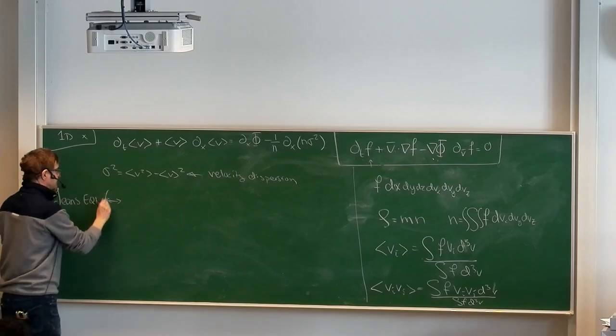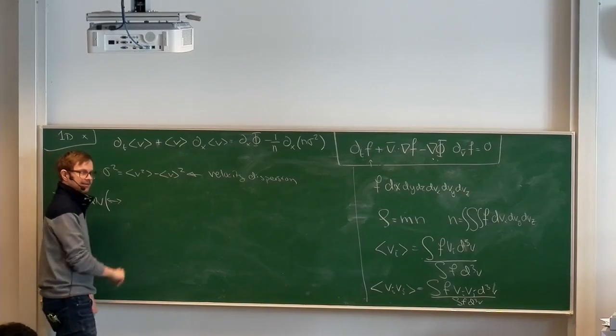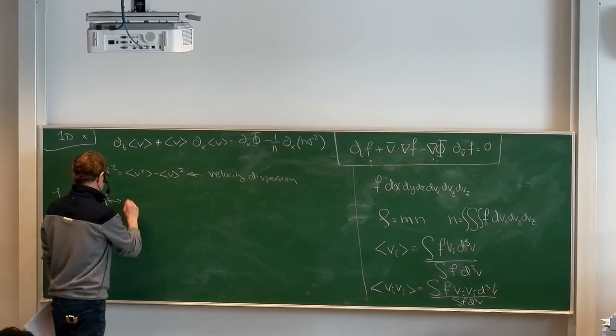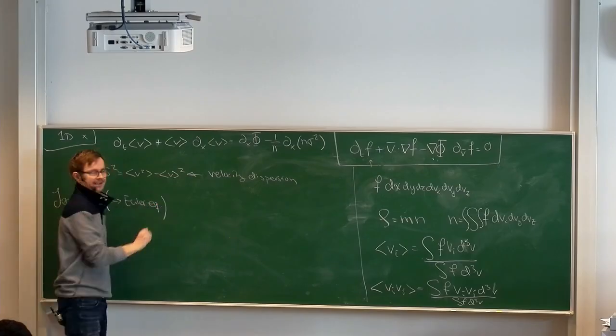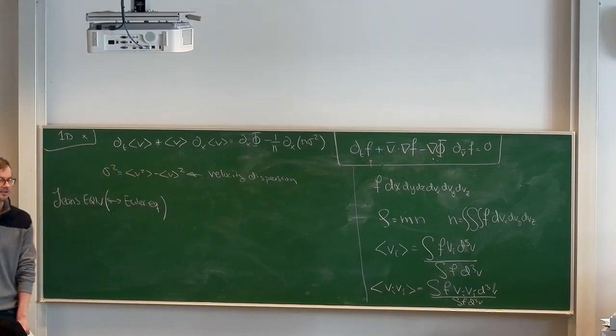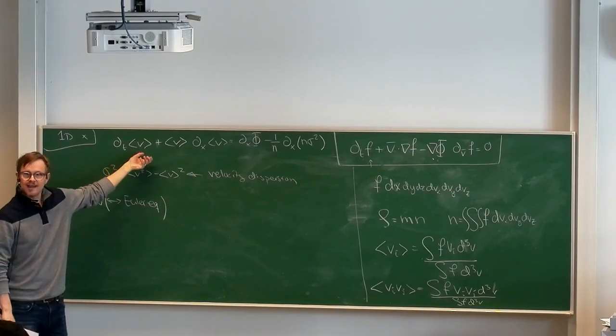Now, this is called the Jeans equation. And it is the analog to what we had before the break, when we took the momentum equation, or the Euler equation of hydrodynamics, where we kept the velocity field. Setting v equal to 0 here would then deliver the equivalent of the hydrostatic equilibrium equation.